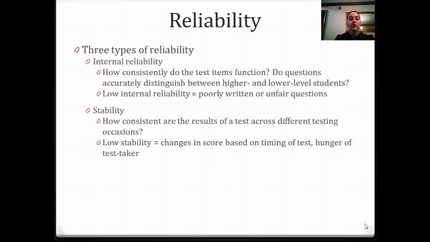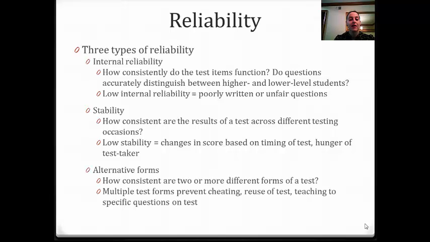Okay, and then the third form of reliability is called alternative forms. Think about this as how consistent two or more different forms of a test are. Teachers or testing companies may want more than one form of their test available to prevent cheating, or, if a test is reused in the future, to prevent teachers and students from remembering the questions or the answers. So, of course, alternative forms are not identical, right? They can't be, but they are as similar as possible. Now, that "as similar as possible" is where the possibility of a measurement error is introduced. Okay.